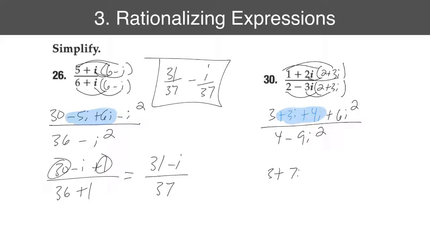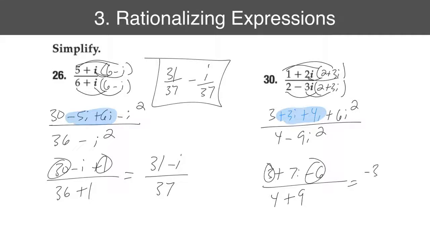And then again, the i squared becomes a negative 1, so it becomes minus 6. On bottom, it'd be 4, and then again, the negative i squared becomes a negative 1, so that makes the 9 a positive 9. And so if you put the 3 minus 6, that would be negative 3 plus 7i over, and then 9 plus 4